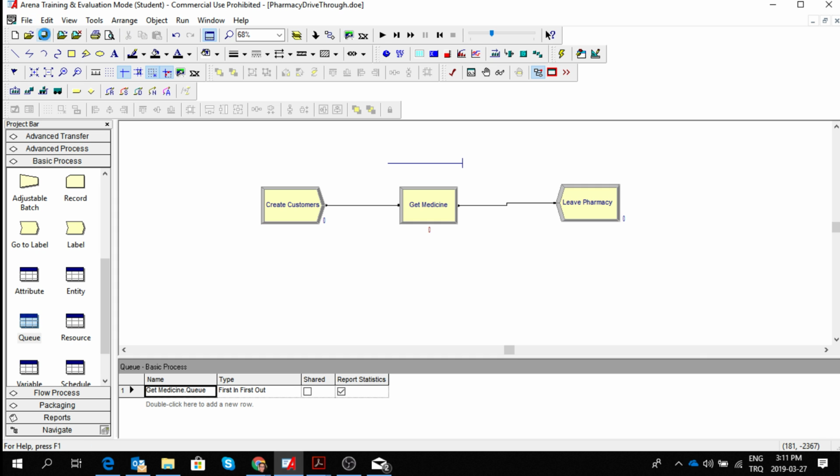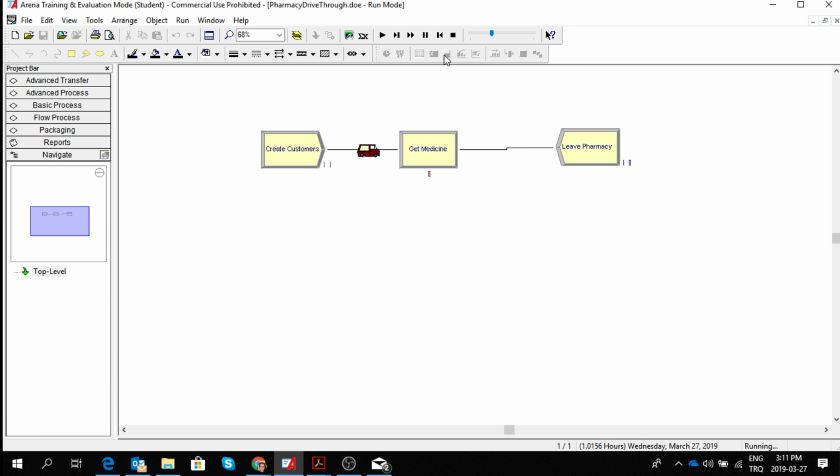We save this. We save this to make sure that we don't lose it. Okay, you should make sure that you give a name to the file. If not, then you can easily lose it. Then we want to run, just run that. Of course, it's not going to be running. Why? It's going to be running, however, I'm going to stop it now because we didn't really set the